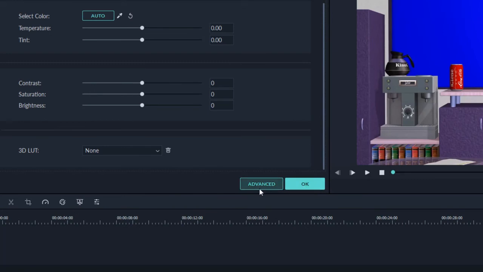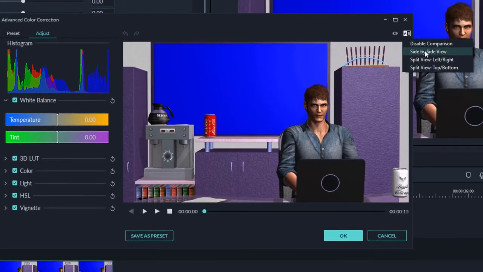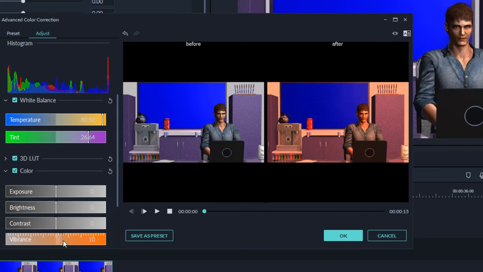One more thing I forgot to tell you is that you have an undo and redo button here as well, and you can compare the changes side by side as well. So before and after, for example, I'll increase the temperature, I'll make it a bit purplish tint, I'll increase the vibrance as well. Now you can see before this it was like this and now it's like that. I'll hit undo again and make it normal.